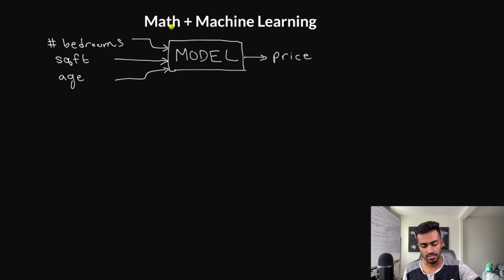Now, let's say that this model is going to be a linear regression model. And because of that, we can mathematically write out what the linear regression hypothesis would look like. So let's say that the price over here, which is what we want to predict, is going to be equal to, I'm going to call the parameters of this linear regression model theta. So let's say theta 3, times the number of bedrooms in the house,